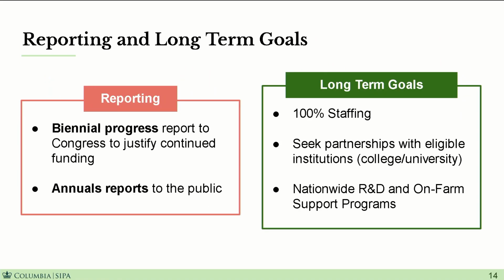And for future reporting, we'll submit biannual reports to Congress to justify continued funding. We'll also publish annual reports to the public to increase transparency and public awareness of our program's impact. For long-term goals of our program, we want to reach full staffing and seek partnerships with institutions for collaborations. And our final goal will be to achieve nationwide implementation for research and development, as well as on-farm support of